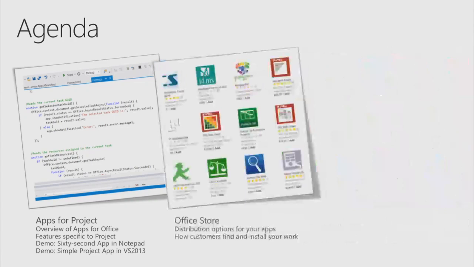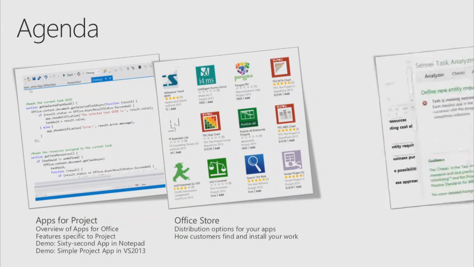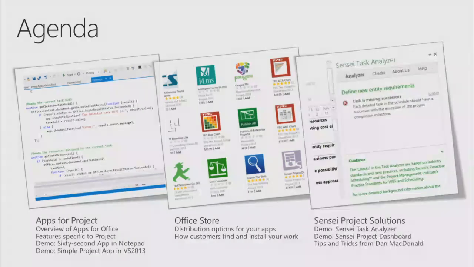Then I'll talk a little bit about the Office Store. You saw this in the keynote yesterday, but it's where you go as a customer to purchase these. It's where you'll go as a seller or a developer to sell your apps. It's the new app store that we have specifically for Office and for SharePoint. And I'll talk about how customers can find and install your apps, how they're reviewed, how you can see metrics and statistics on them. And then, as I said, Dan will come up and show 2 of the apps that